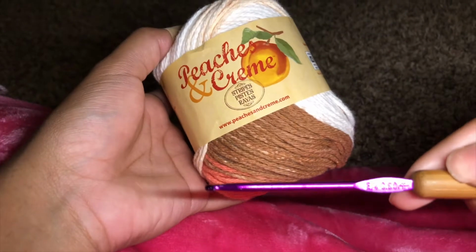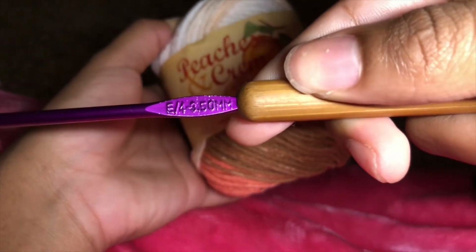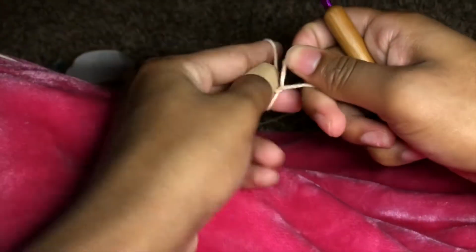I need help. If you're interested in learning how to make this headband, keep watching my video. I'm gonna start off by getting my Peaches and Cream yarn and my 3.50mm hook. First, you're gonna start off by unraveling the yarn, of course, and you're gonna make your beginning chain,